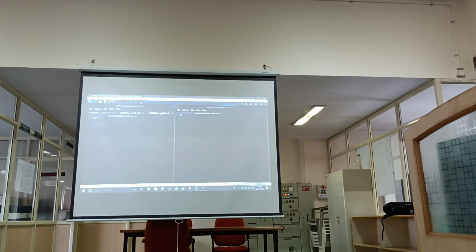For creating a topic, I'll say bin slash kafka-topics.sh, and because I want to create a topic, I'll specify the option as create. And let me give the topic name as quickstart-events. One important point here is that any Kafka command we use, we should always specify the